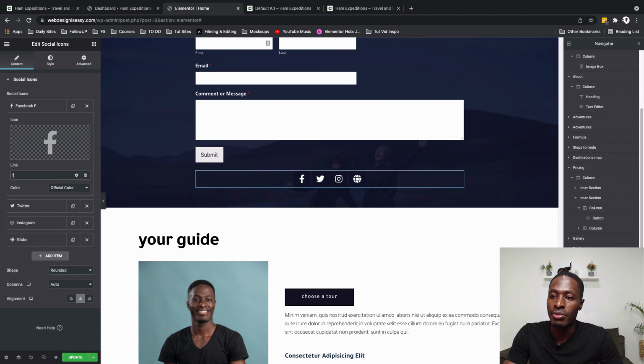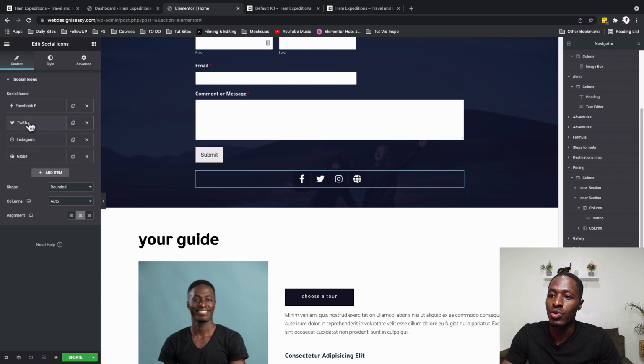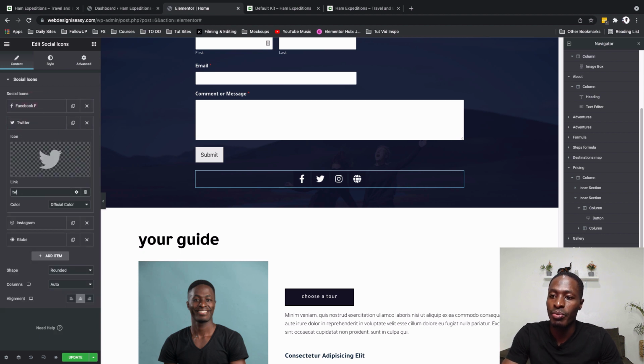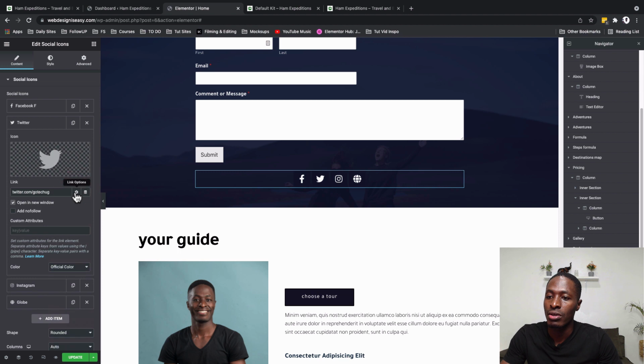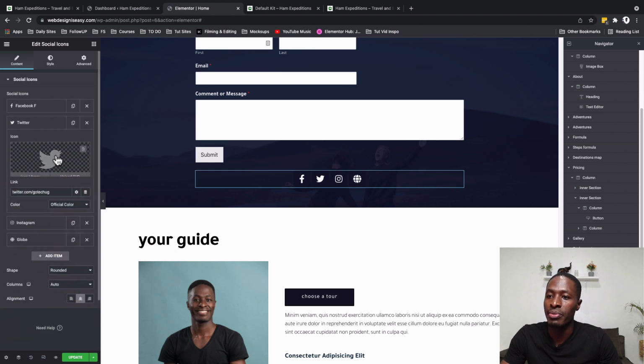For example, mine is facebook.com/GoTechUG. For Twitter, it's twitter.com/GoTechUG. And I can choose to open that up in a new window, just like it has already been set,